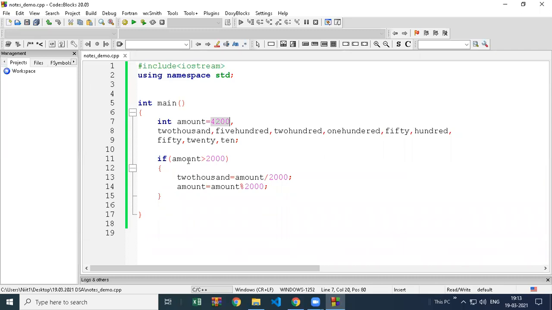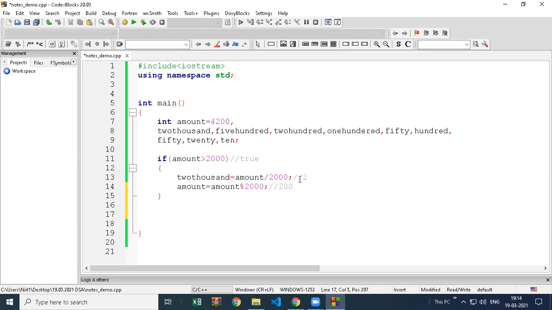Is 4200 more than 2000? Tell me yes or no, true or false. Yes, true. So 4200 divided by 2000, what is the value? 2. And what is the remainder? 200.